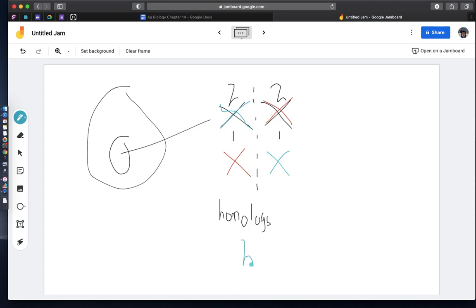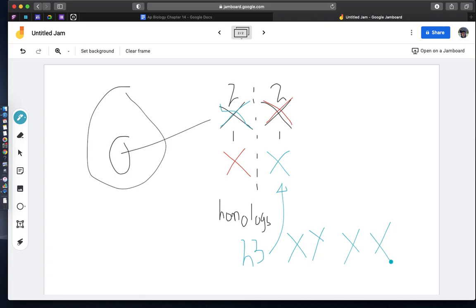We have 23 pairs of these homologous chromosomes, 22 of which are maternal and paternal, and then the last pair is either XY, most of the time for biological males, or XX for females,